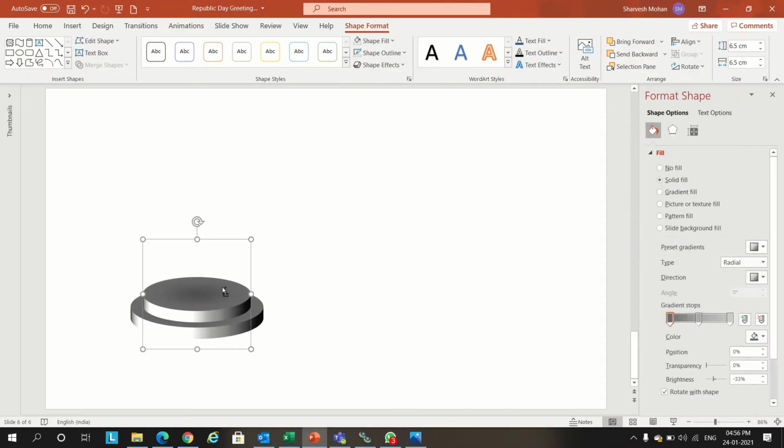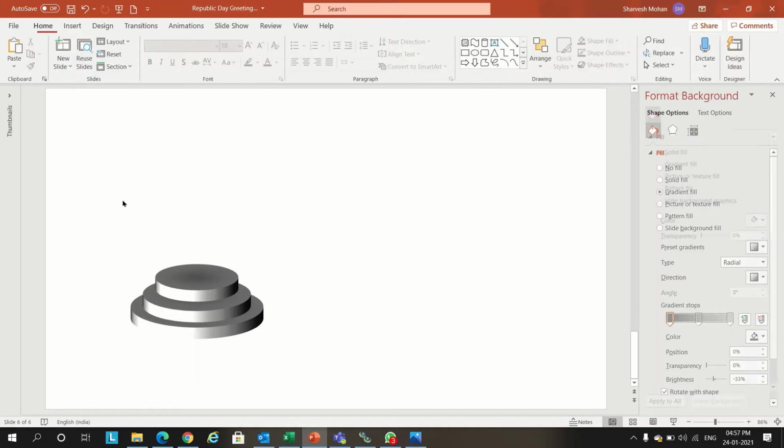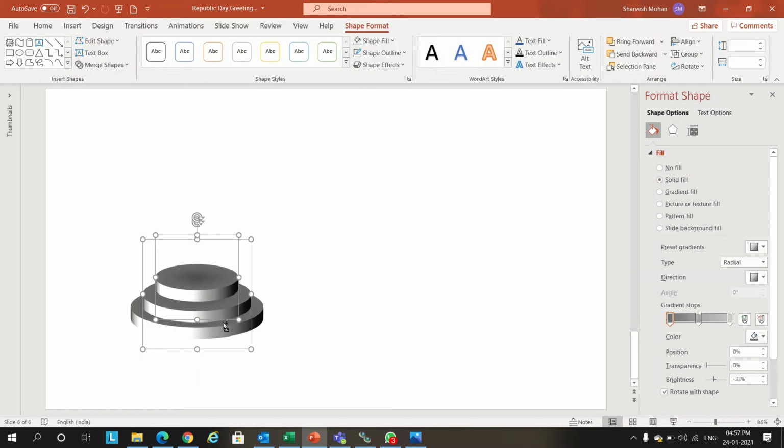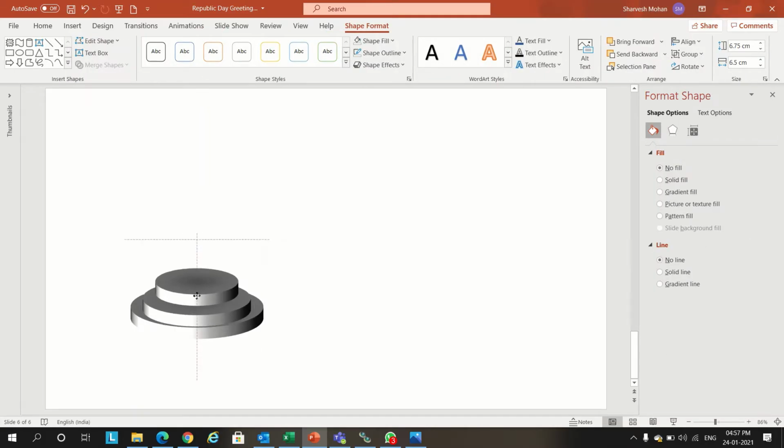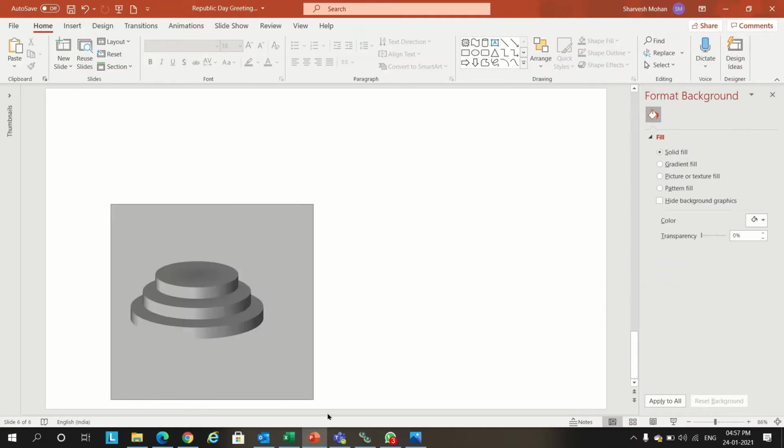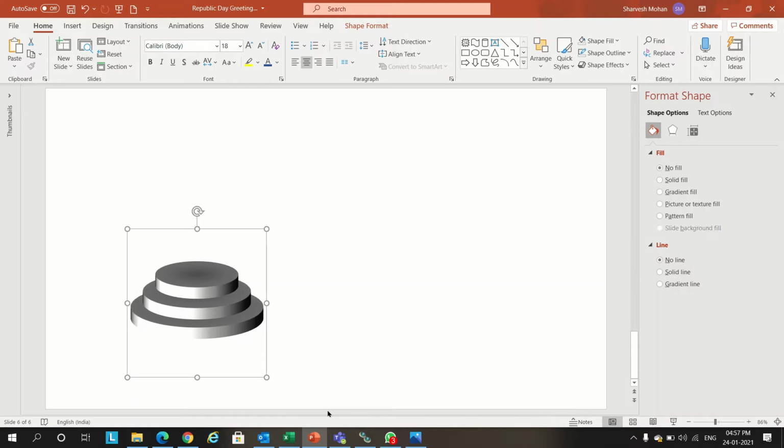Again we'll duplicate, and we'll take the third stage. Again we'll give 5 centimeters for this, and we'll put it on top of it. Now we have created the pillar base.